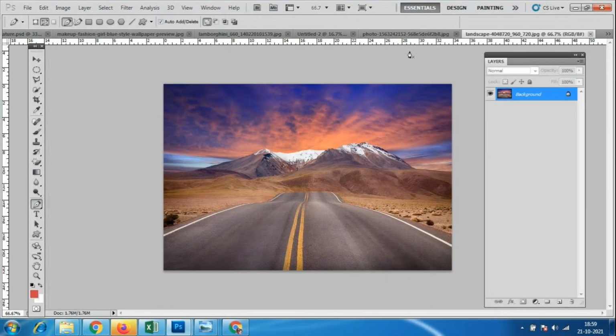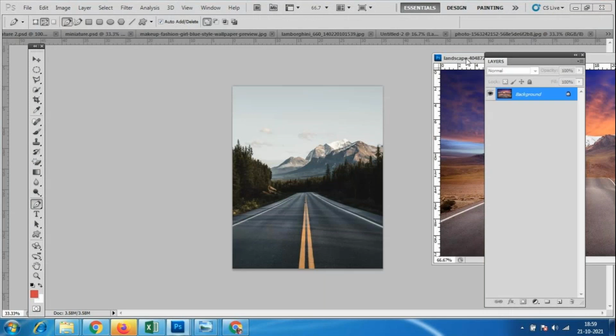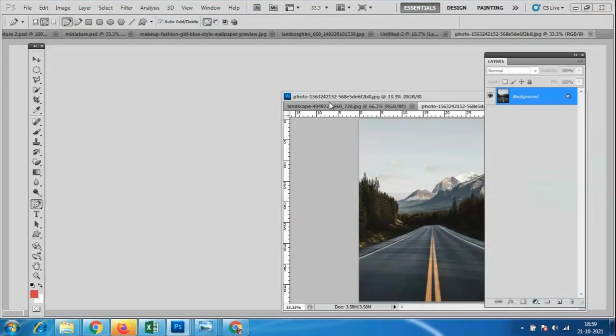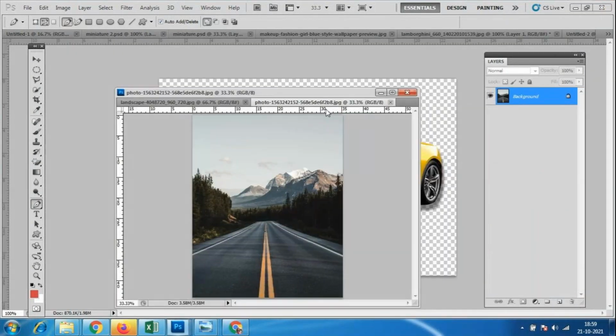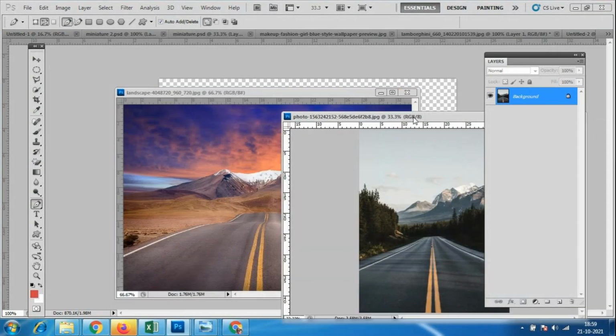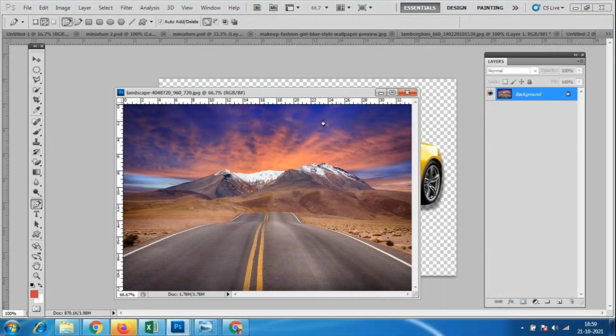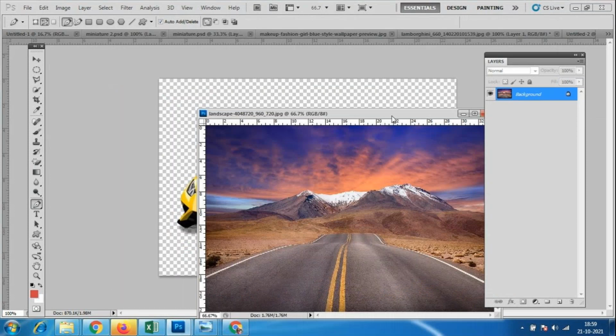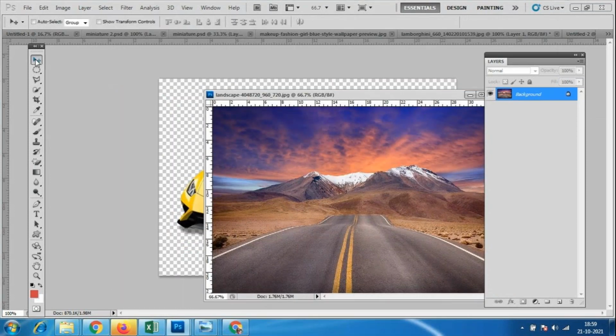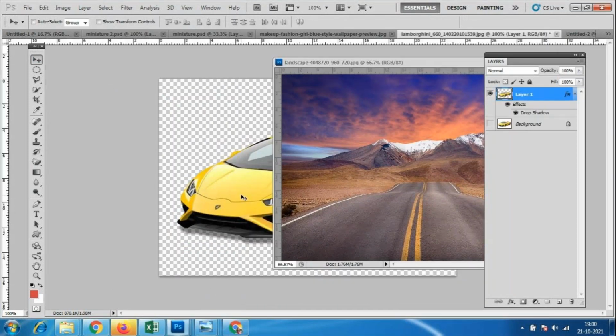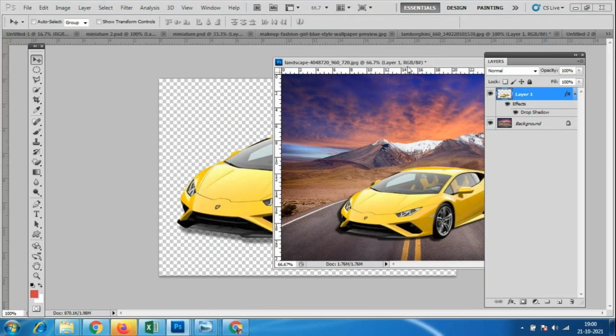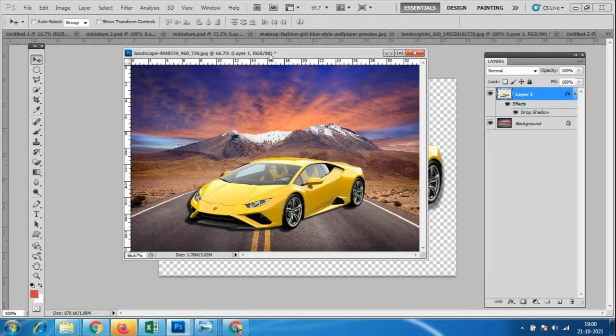Yeah, this is a nice background. So you can bring the background here, otherwise you can take it to the car background itself. Okay, so I'll just close this file. So anything we can do it. So we can already cut this car image. So I'll bring it to here. Okay, so I'll just bring it like this.